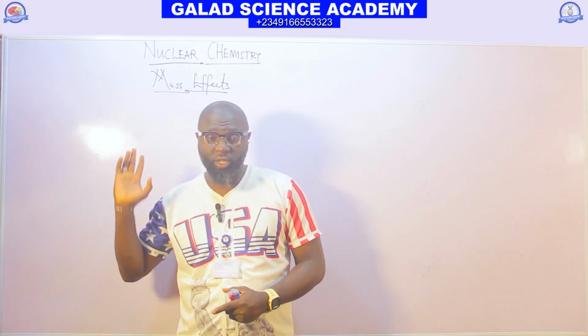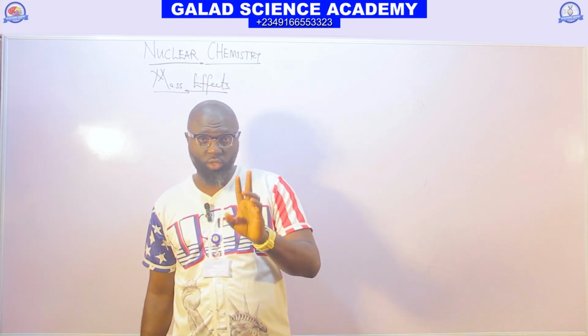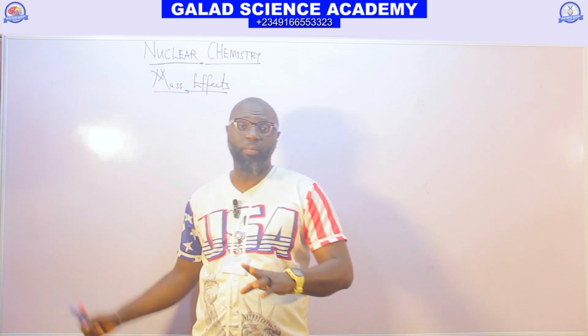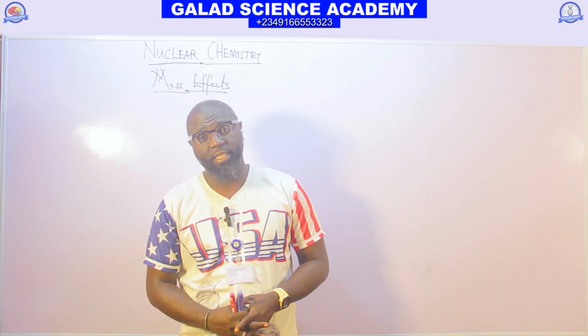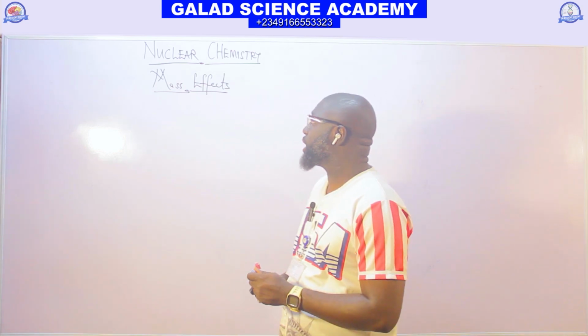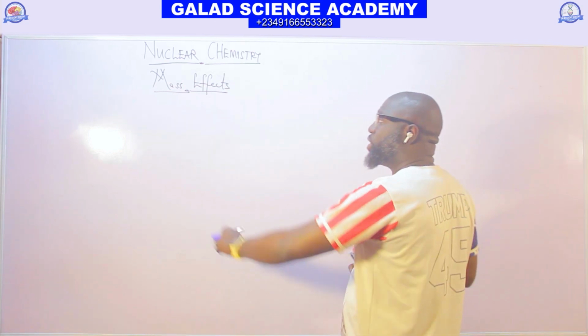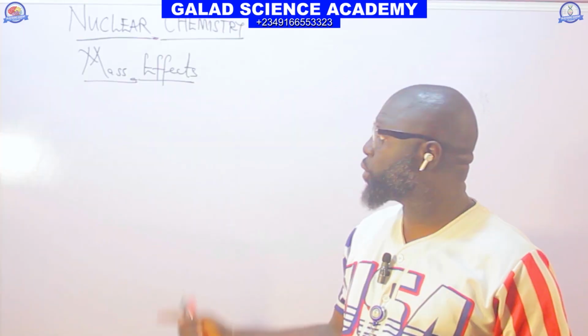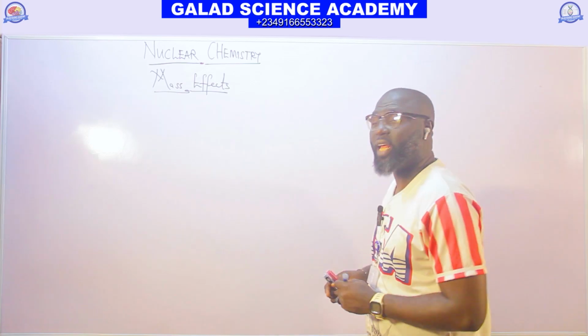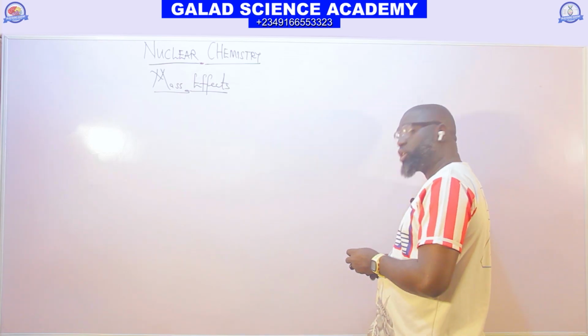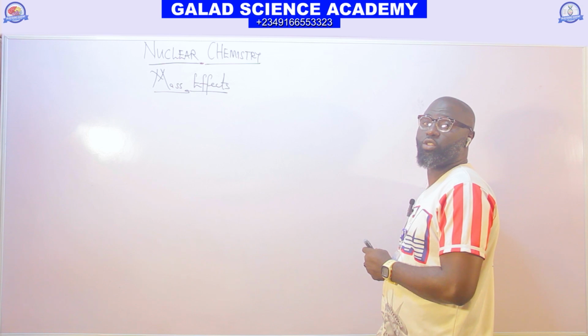So in today's class, our interest is two things: mass defect and binding energy. As we all know, nuclear chemistry is the chemistry that deals with the study of the nucleus